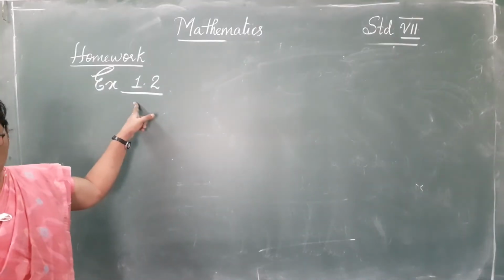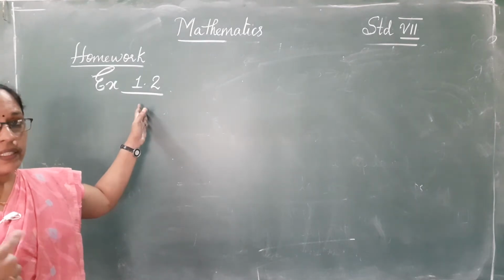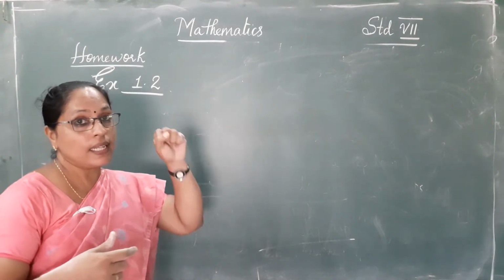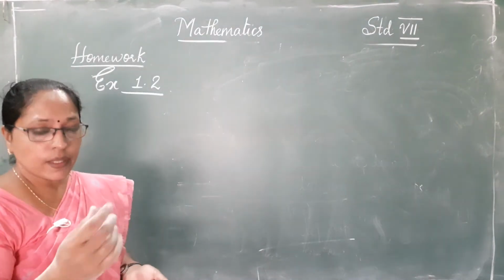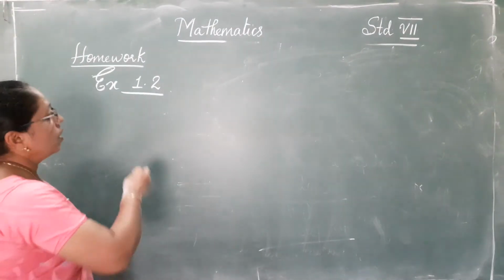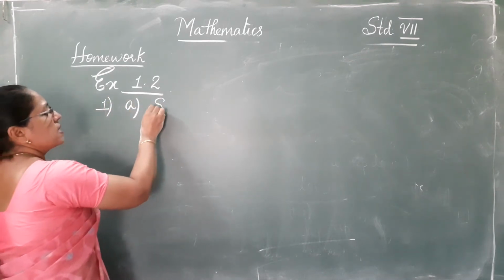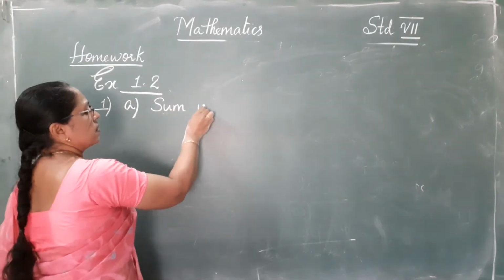Next, let's discuss exercise 1.2 homework. Your answer may be different, because it depends on the number we are selecting. I am just discussing it, and you can check it. Question number 1, A part. Sum is